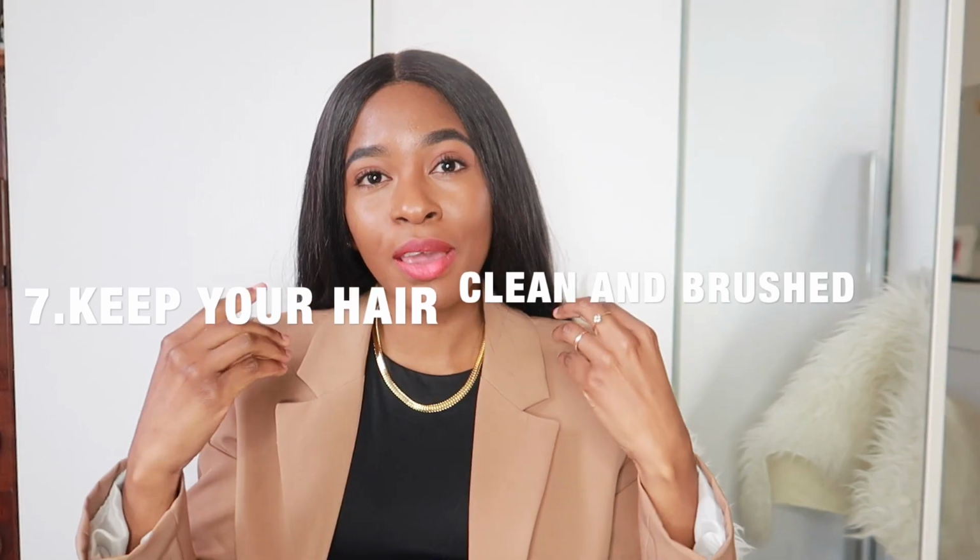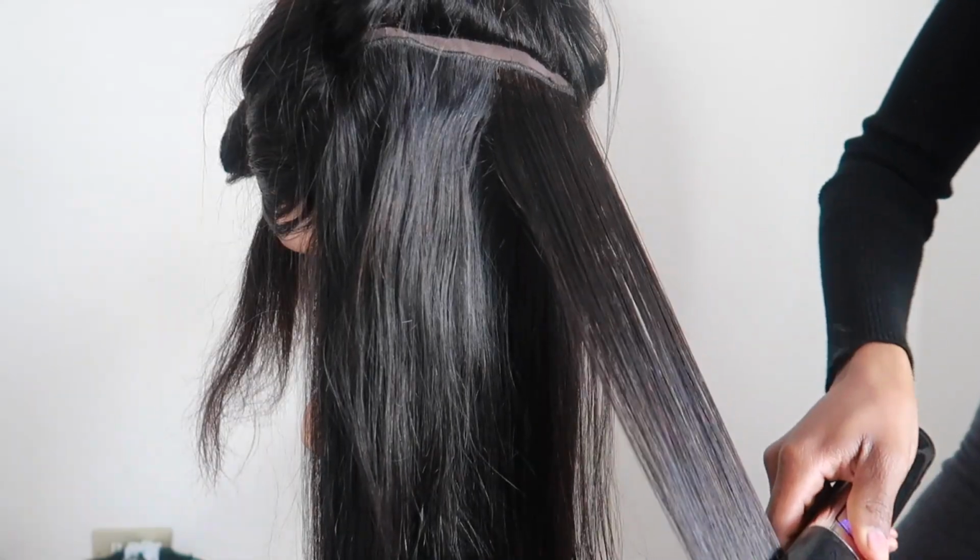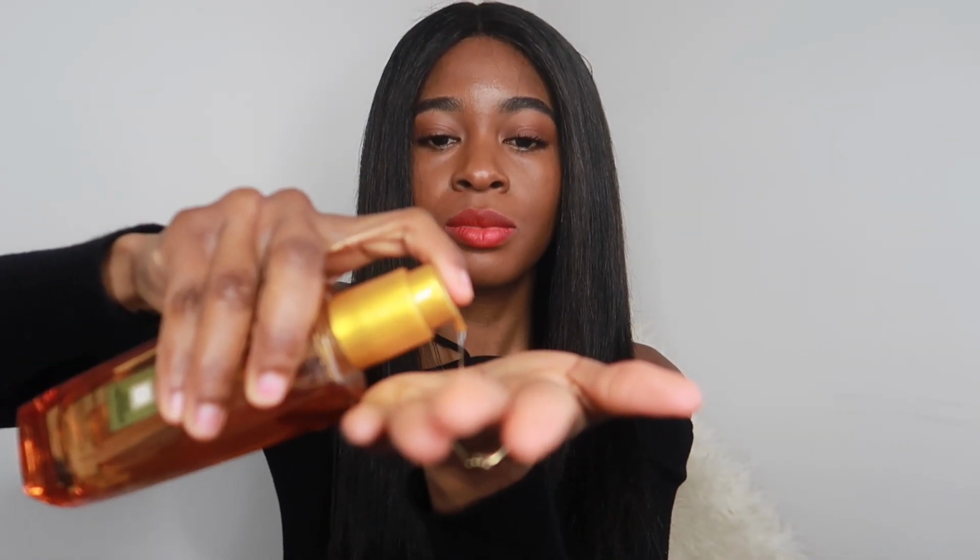Next thing is hair. Keep your hair well styled and clean. It doesn't matter if you have a weave, wig, or you have natural hair or relaxed hair. Just try to style your hair, keep your style simple. This is going to help you to look put together. If you are wearing a wig, try to make your wig look natural. I've been wearing this wig for 5 months, the same wig every day. The thing that I do all the time is washing my hair, and after washing my hair, I like to style, flat iron